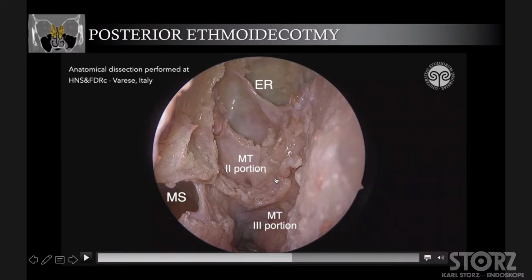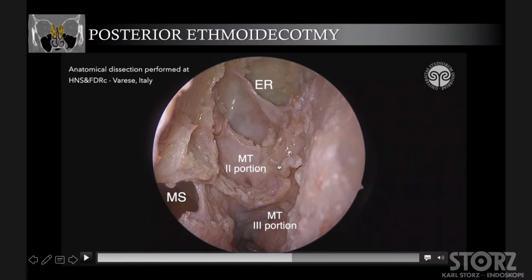When performing functional endoscopic sinus surgery, the first portion should be left in place because it's very important for nasal breathing. But also the third portion of the middle turbinate should be preserved because it gives stability to the middle turbinate and gives attachment of the middle turbinate laterally at the level of the lateral nasal wall. So, in order to approach the posterior ethmoid, we can clean and remove only the second portion